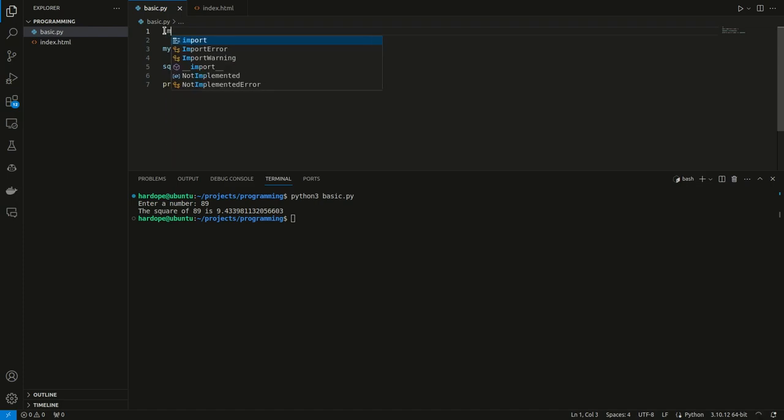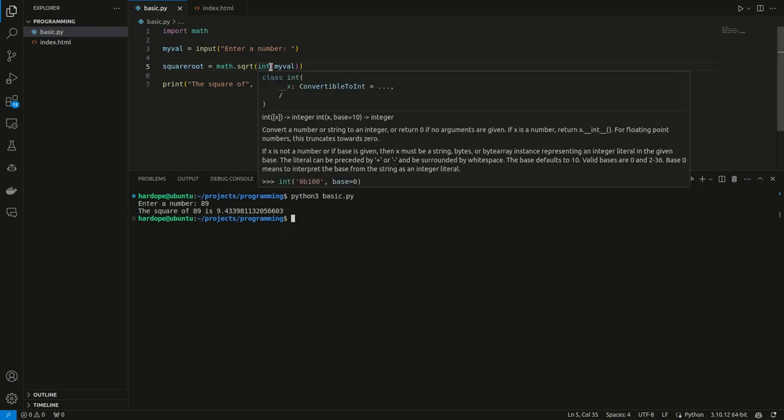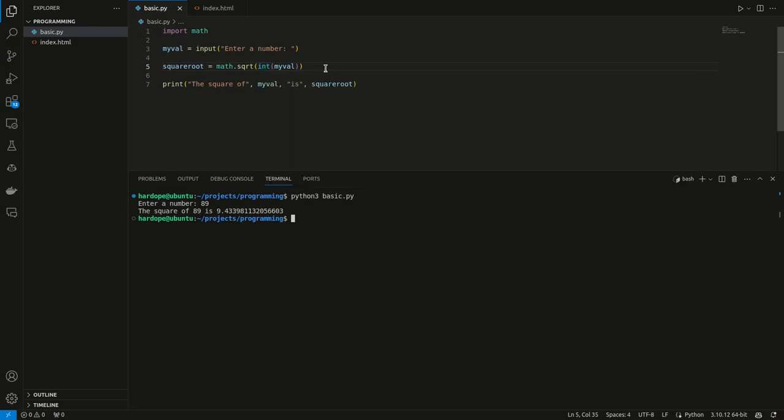So now let's say import math. Now let's say square root equals math dot square root, and let's see what happens here. Now when I provide the same input, 89, we have 9.42. So without trying to do the math ourselves, we still get the same response. So you don't have to write the logic yourself all the time. There are Python packages that have solved problems all over the internet. So what you just need to do is find them and then discover which one works best for you.